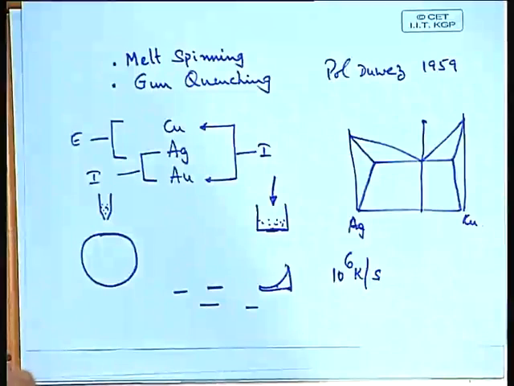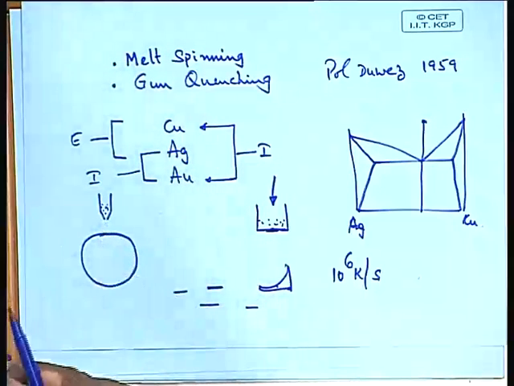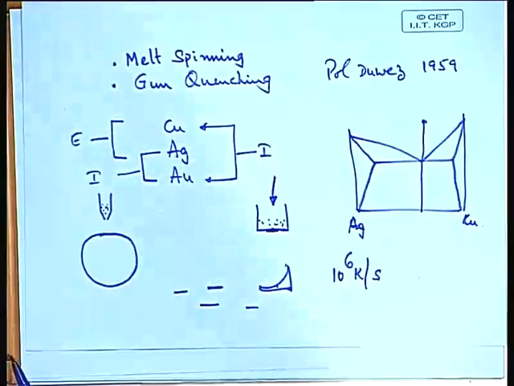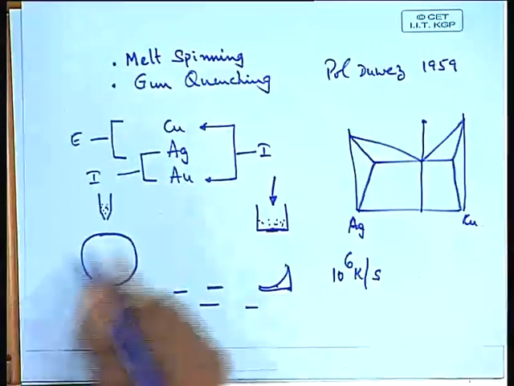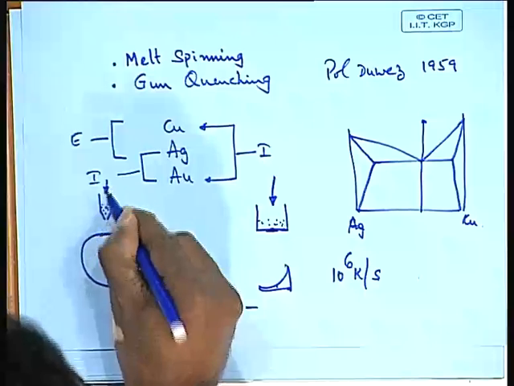Why does it not drop? Just because you have melted a liquid, it cannot drop through a hole like that, because of the capillarity effect, surface tension. So what you do is, again as you have done in gun quenching, you take an argon and then eject